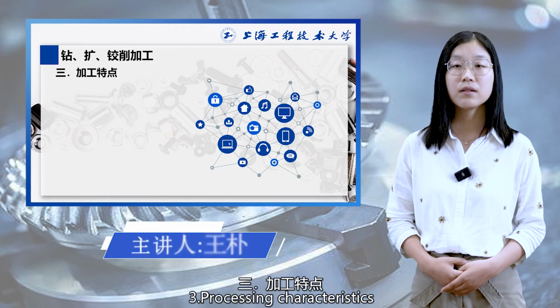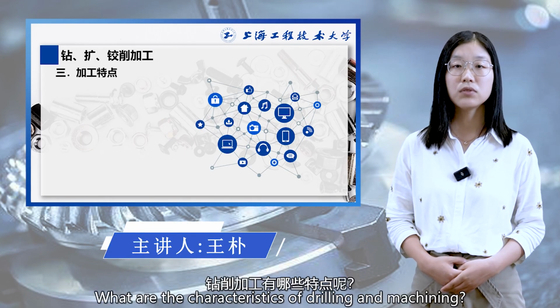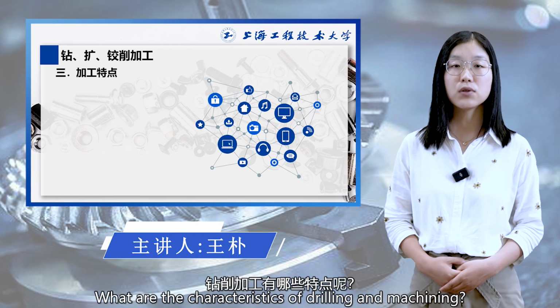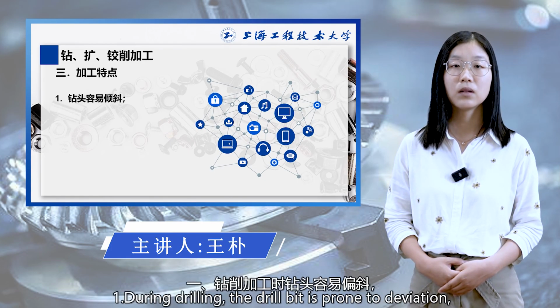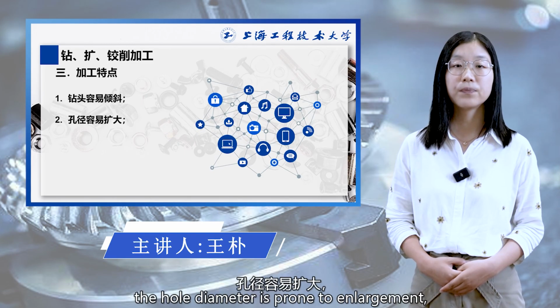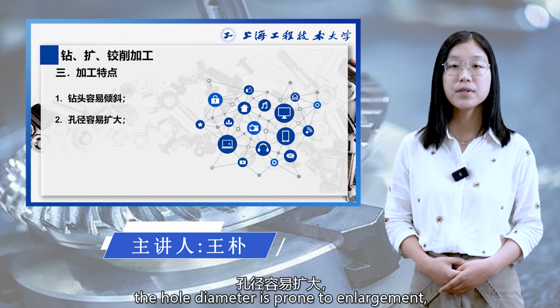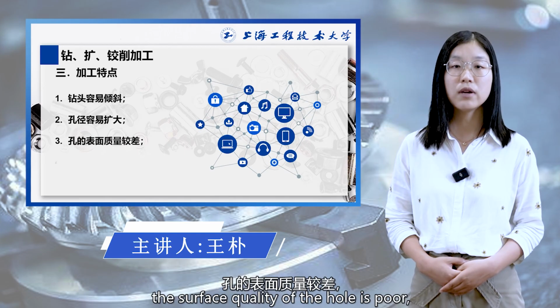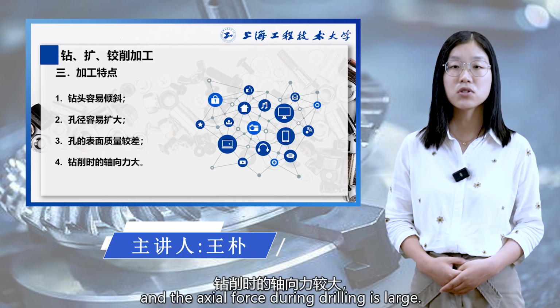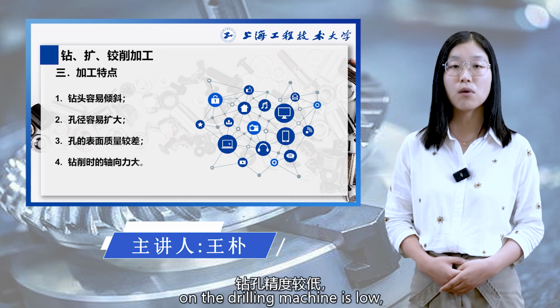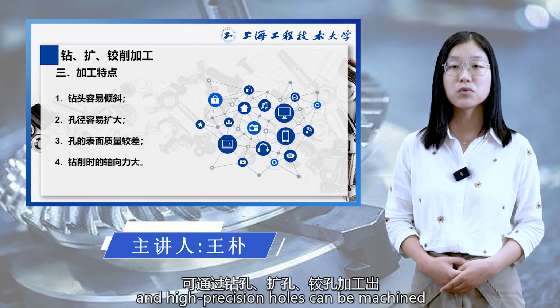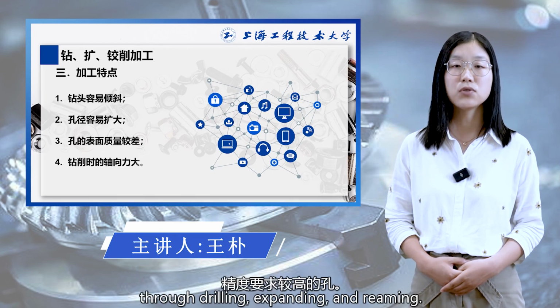Third, processing characteristics. What are the characteristics of drilling and machining? First, during drilling, the drill bit is prone to deviation. The hole diameter is prone to enlargement. The surface quality of the hole is poor, and the axial force during drilling is large. Therefore, the drilling accuracy on the drilling machine is low, and high-precision holes can be machined through drilling, expanding, and